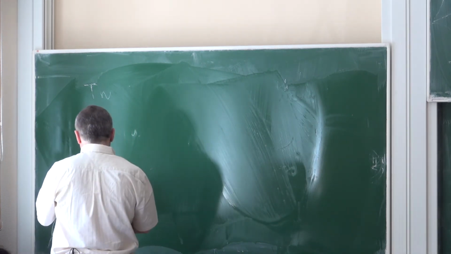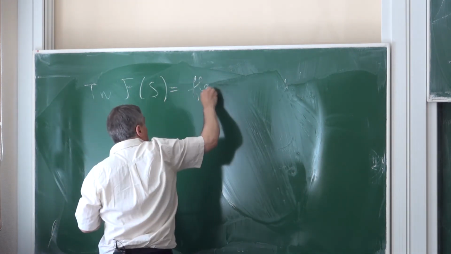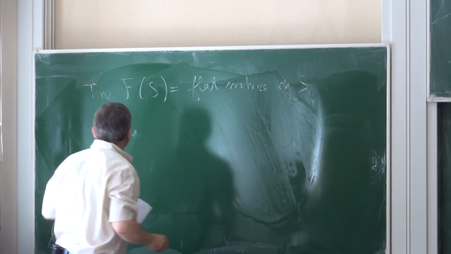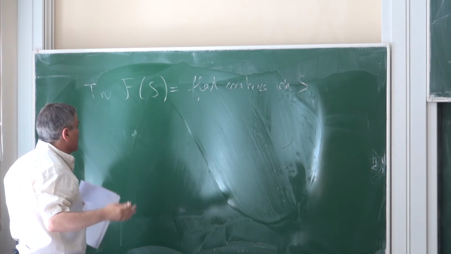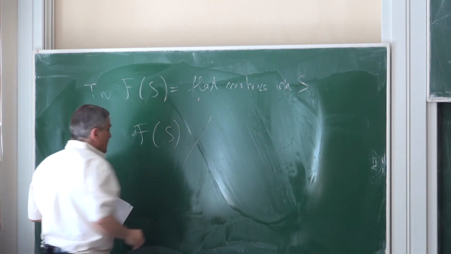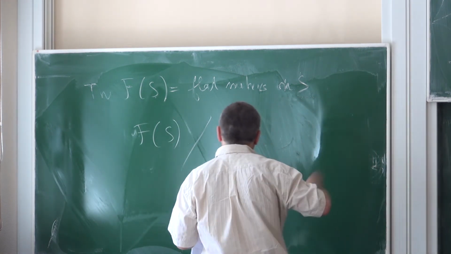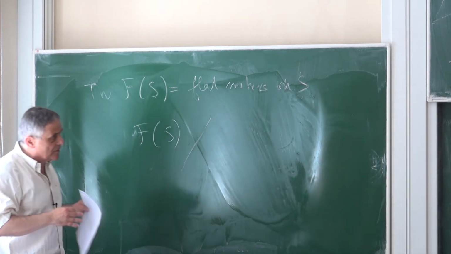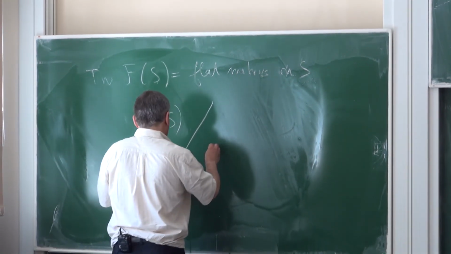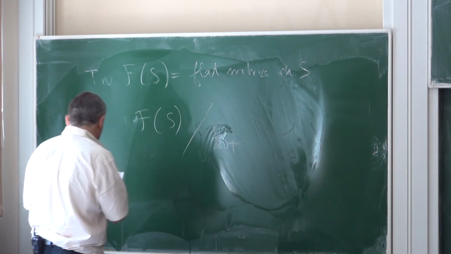Let us start by recalling the definition of this Teichmüller space. So I have F of S, the space of flat metrics on S, and then it's natural to say that two metrics are the same if they differ from each other by scaling. We want the tori to be of the same form, and form is invariant by scaling. So we want to mod out by the action of the strictly positive reals,